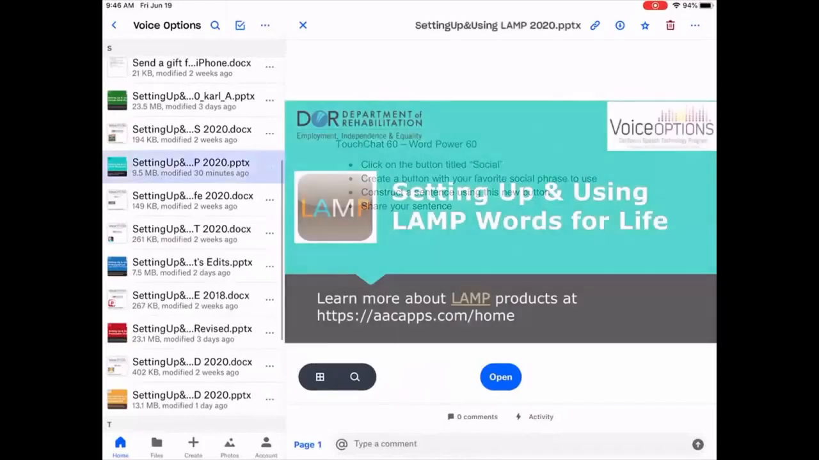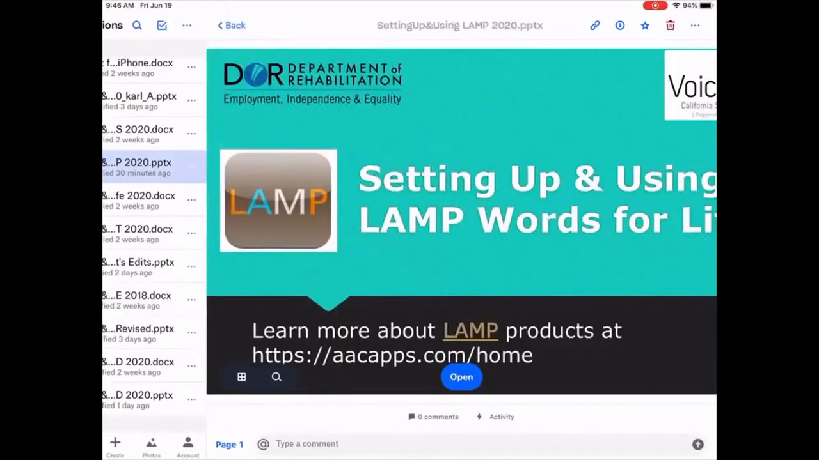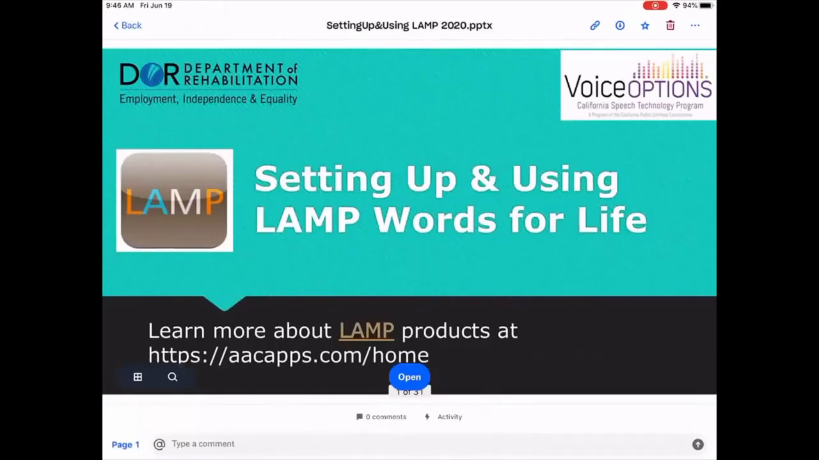Just to let you know, before we really get into the LAMP application, under the settings part of LAMP and TouchChat HD, there's a lot of similarities. They're almost identical in a lot of ways. And for the video, we're planning to do little short snippets of each section and put it on the website. I will be going over those